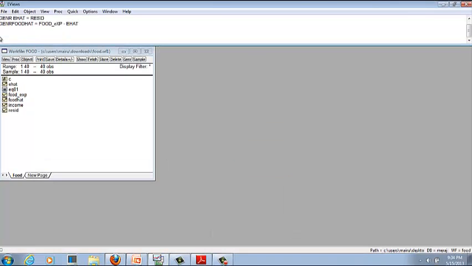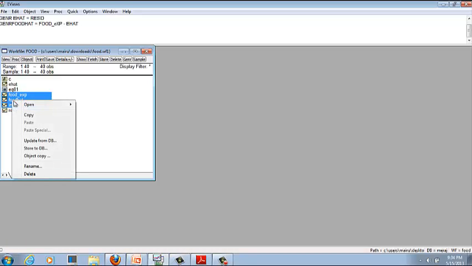One other way to see the dependence of the magnitude of the residuals on income is to plot the food expenditure and the least squares estimated line against income. So how do we do that? Just click income, then press control and click food expenditure and then click food hat. Press the right mouse button and open as a group.